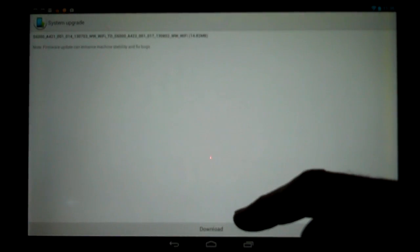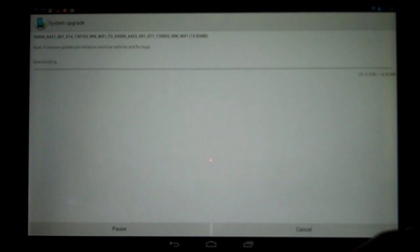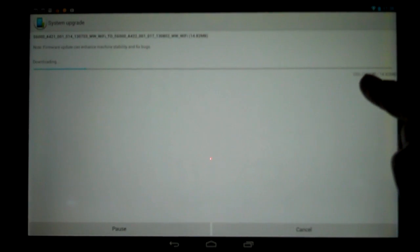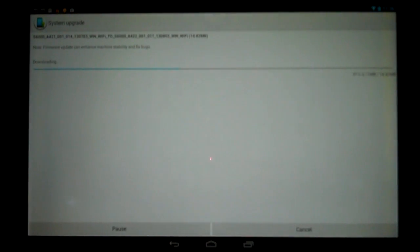Now down at the bottom it says download, so I'll click on download and it started downloading. There we have 12%, etc. Now it's a 14 megabyte download. The only information we get out of Lenovo is that it says here, firmware update can enhance machine stability and fix bugs. What they don't tell you is the disadvantages if you're one of the early people to download this,